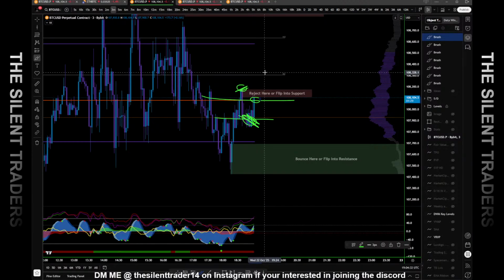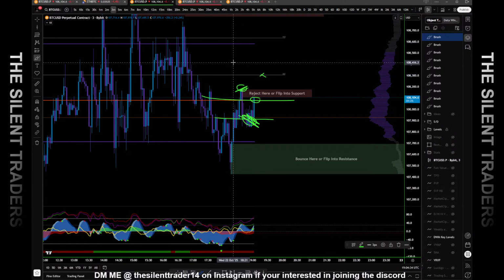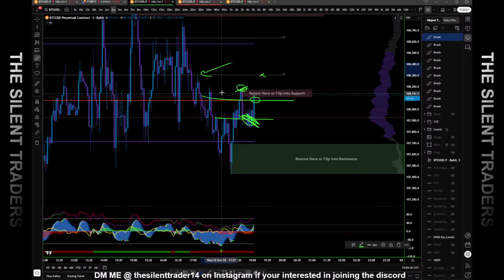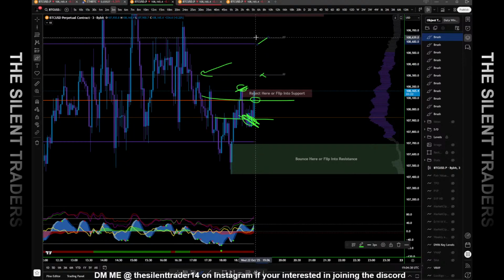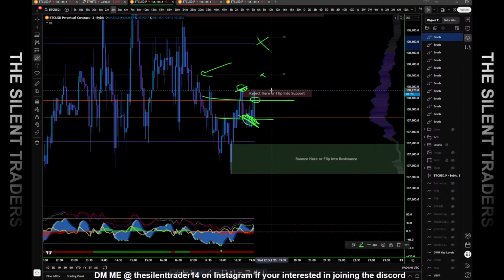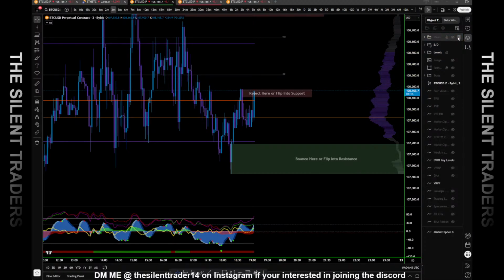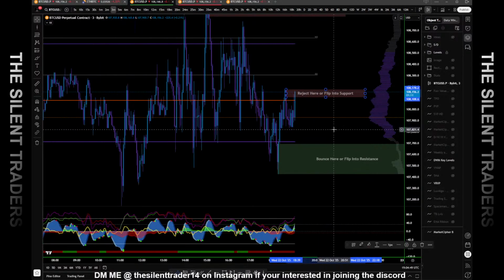If you break the high volume node, target daily open first, which would also be a swing failure of this level, then target the weekly open value area high. Okay, we're starting to reclaim the high volume node. Very, very critical. You're in supply. If you can fully mitigate supply,